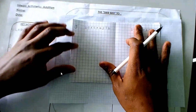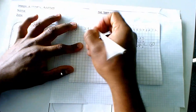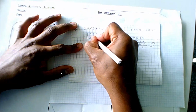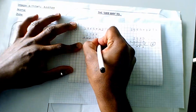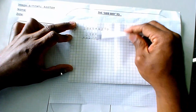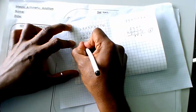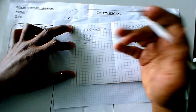Moving on to question 3, where we have 3,985 plus 4,276. So let's write that. First I check that they're all in columns. So the units are there, the tens are there, the hundreds are there, and in this case the thousands are there. So now I'm ready to add, and I always start from my right and I move my way over